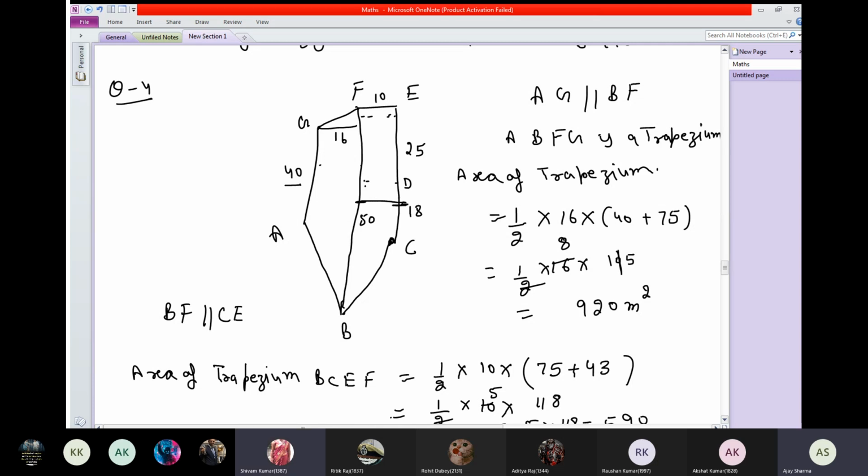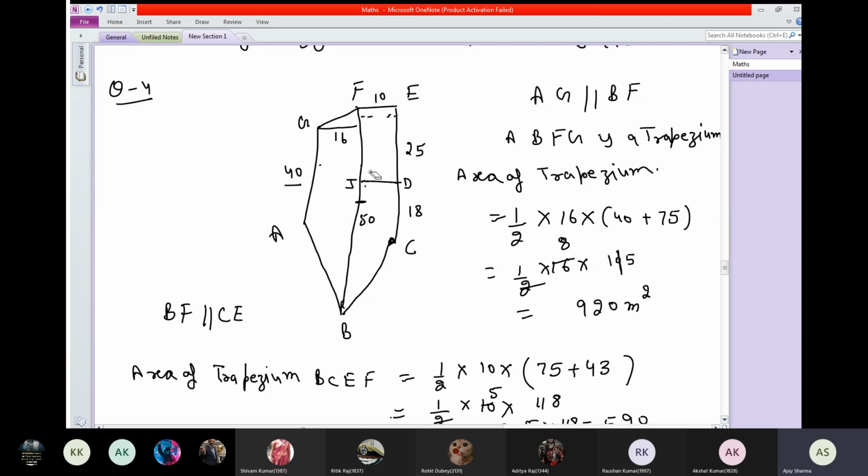So 1, 2 and 8. That is written above JD. Clear? And we have to solve using only the required values, and we solve the question by this figure. Now you will see what I'm saying in the last question. In any quadrilateral, if two sides are parallel, then it is a trapezium.